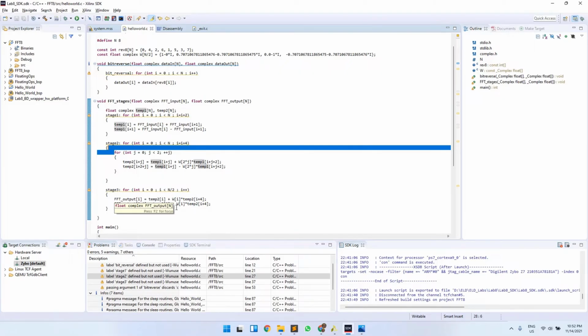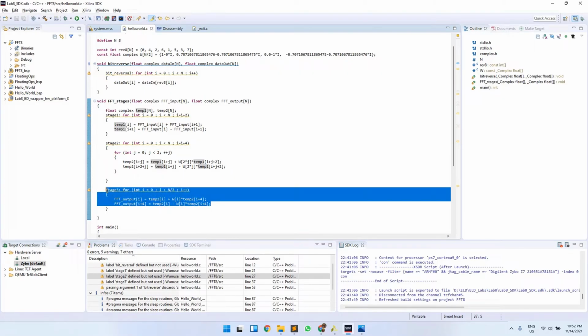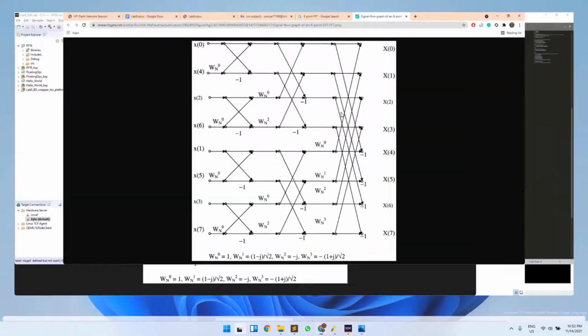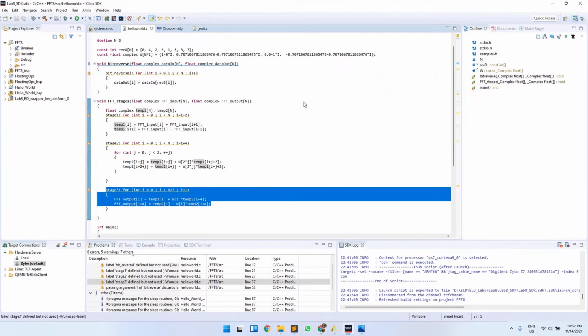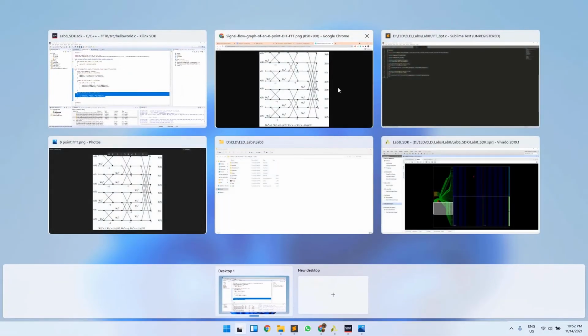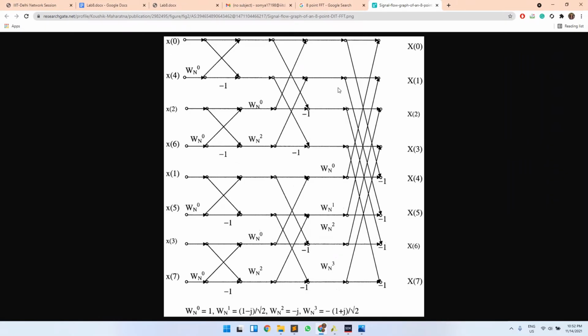Finally, in the third stage of FFT, we are using another for loop to implement four butterfly operations, as can be seen here, the top four and the bottom four.